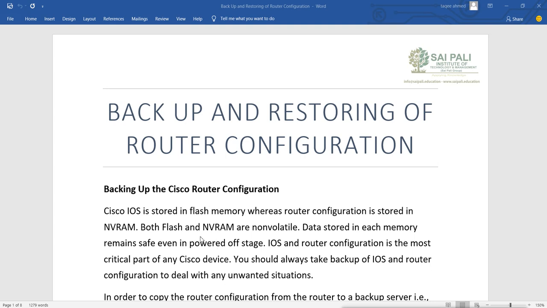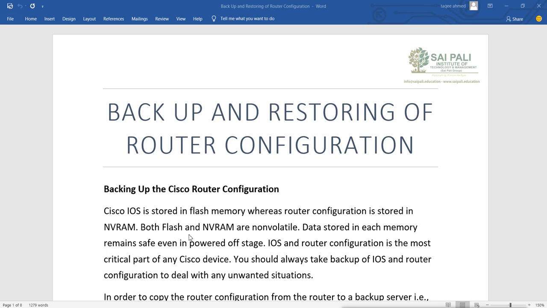It is also compressed, so first it decompresses it, stores it into RAM and runs it. Now once the router or switch has started and is running, it is not using any file from the flash. That means the IOS file stored in the flash memory is not in use. Now when it is not in use, mostly anybody can delete it.